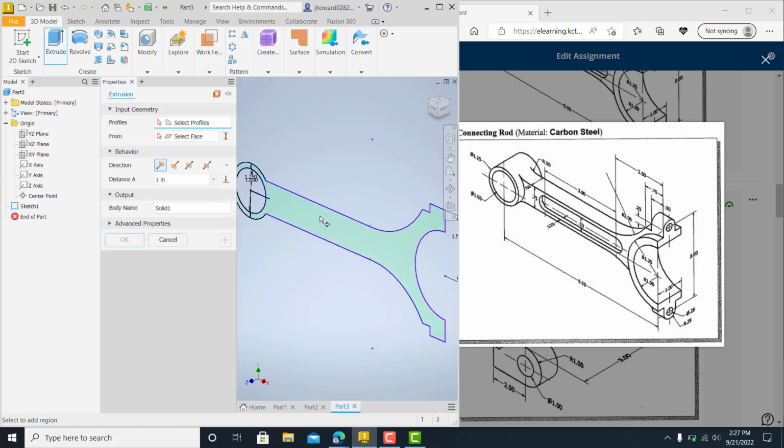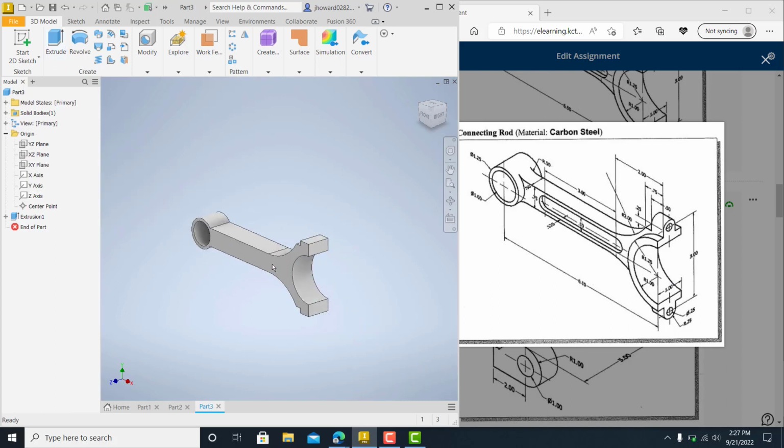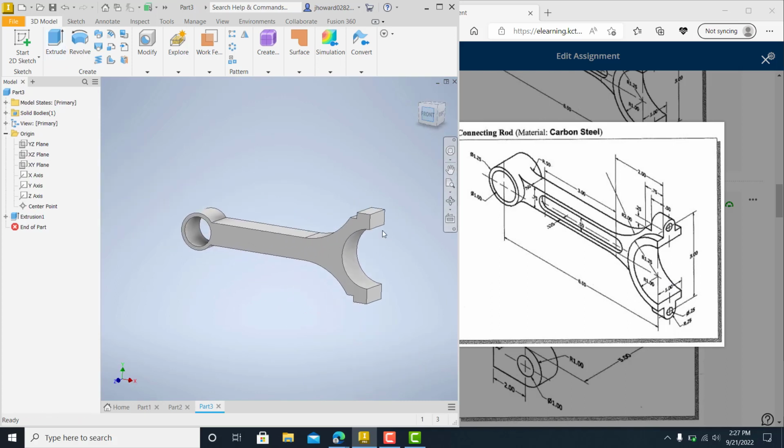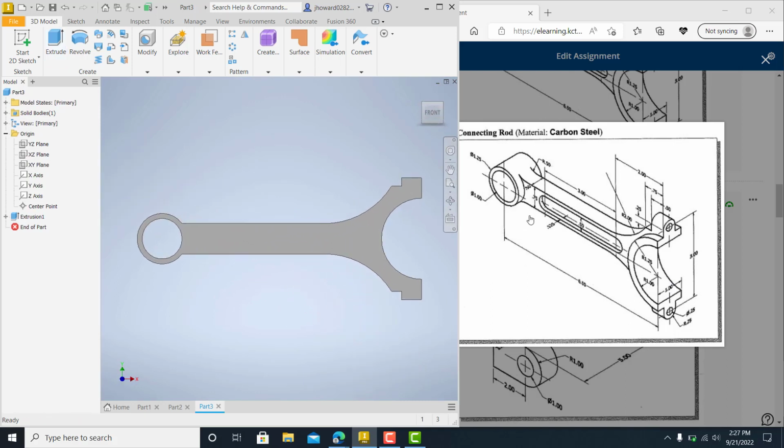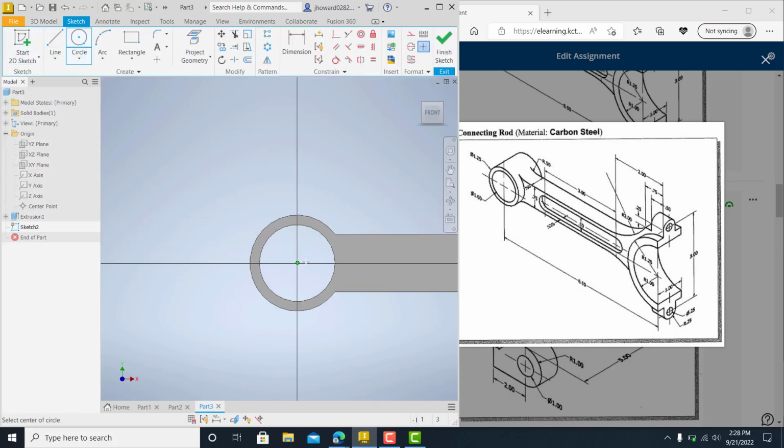Extrude, picked it up. The overall on this thing is 1 inch. So I got 1 inch on here, it's perfect. Okay, so now we got to that point. So we've got to cut some of this stuff out on the inside of this. So start us a new sketch right there. Come in here, just bring that up and touch that point. There it is,